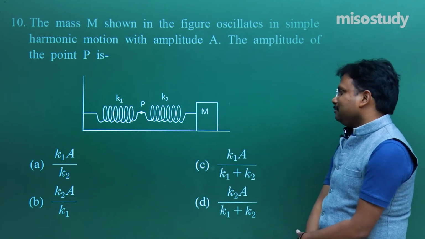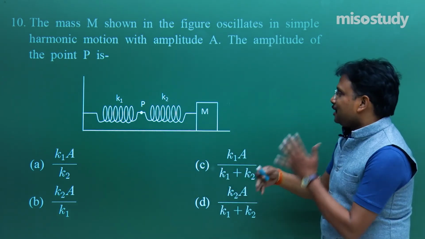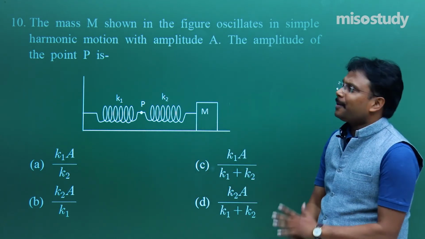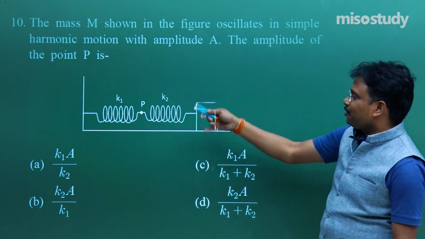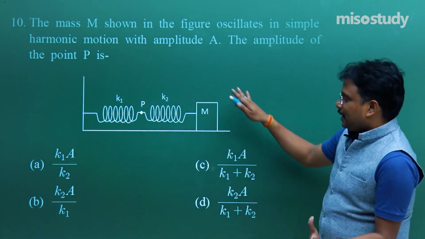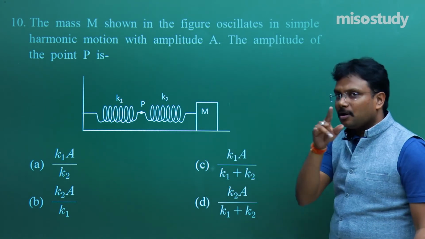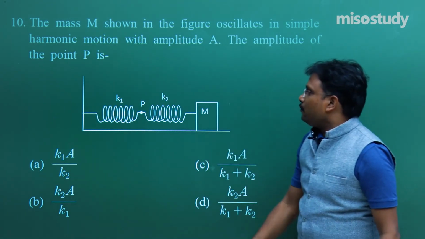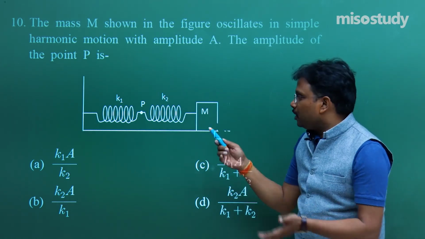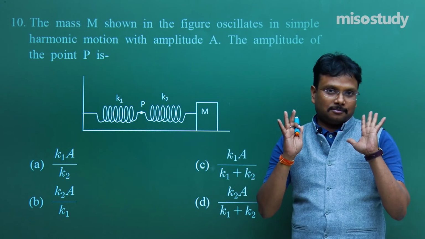Actually, in the original problem I picked from somewhere, it was something associated with mass amplitude. I thought let's make it slightly different. So that's why I use this point. I hope the diagram is clear, and from this clear diagram one thing is crystal clear to all of you, that spring K1, K2, I mean spring 1, spring 2 are connected in series.